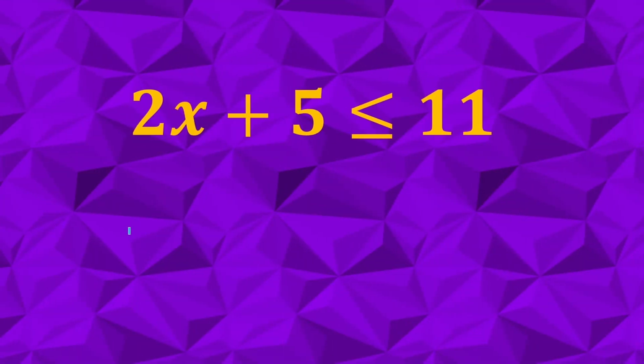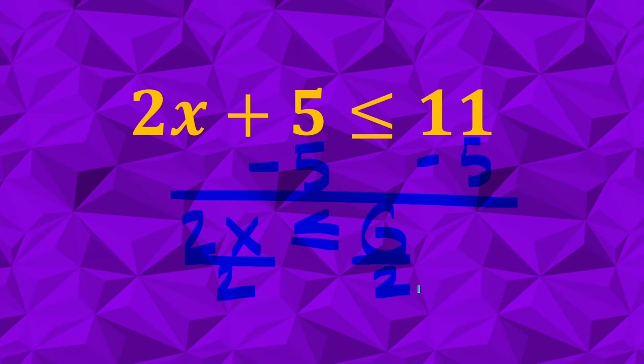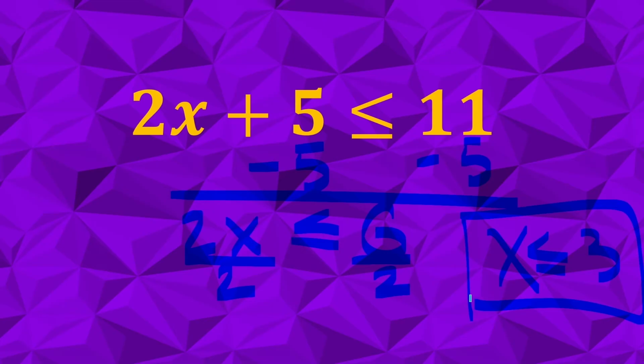Finally, if you have something more complicated like this, again, treat this as an equation. Subtract 5. You're going to get 2x is less than or equal to 6. Divide both sides by 2, and you get x is less than or equal to 3. Being equipped with these 3 rules, mini examples, let's now go ahead and solve the actual problems from the